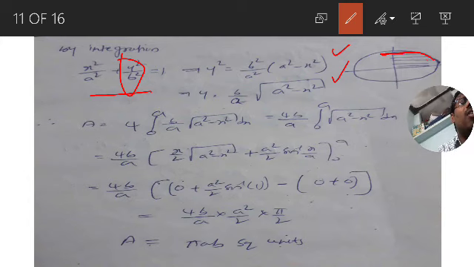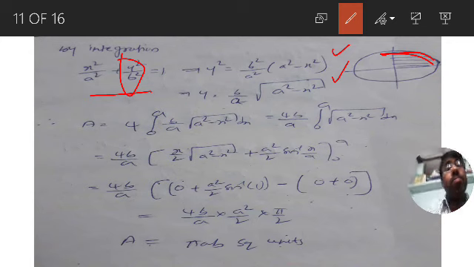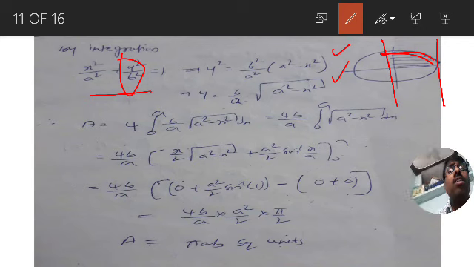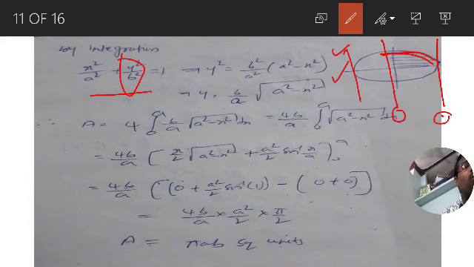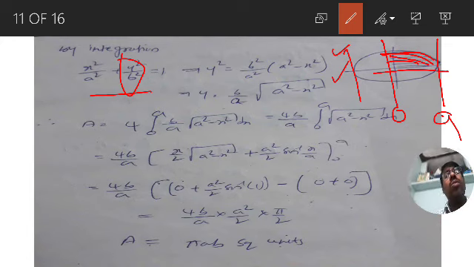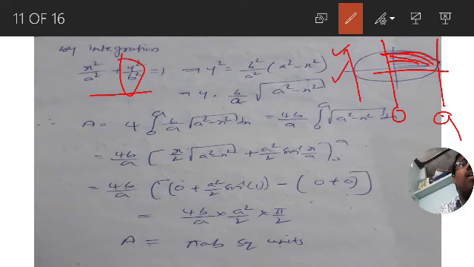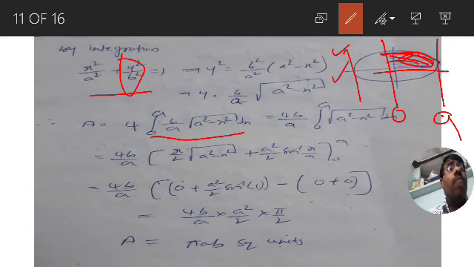We have y is equal to b by a into square root of a square minus x square. We have the curve now, and you see this is x is equal to 0 line and this is x is equal to a line. So we need here x is equal to 0 and x is equal to a line. So we have the curve, we have the x axis, we have the lines x equal to 0 and x equal to a. Therefore we find this area by using the formula integration 0 to a f of x, that is b by a into square root of a square minus x square.